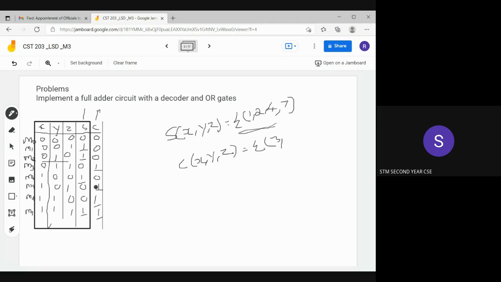Then this will be corresponding to M5, so write 5 here. Then this is corresponding to 6, write 6 here, and this is corresponding to 7. Okay, so these are the two